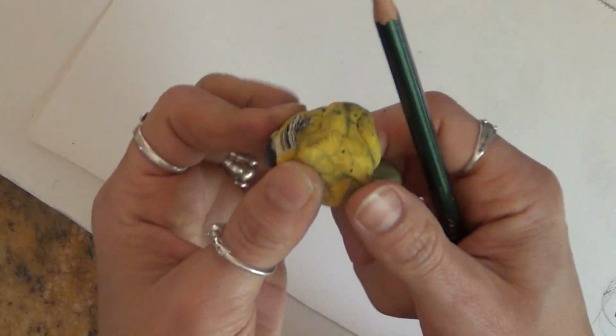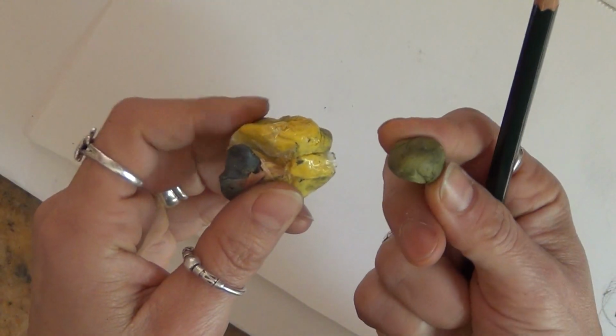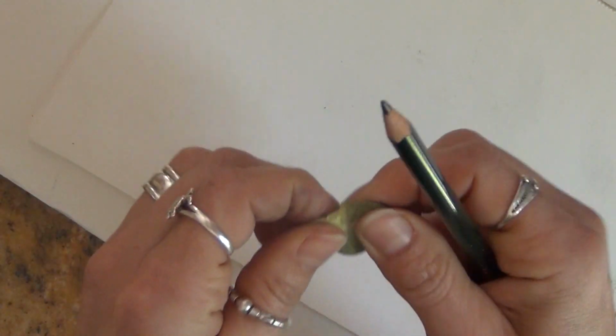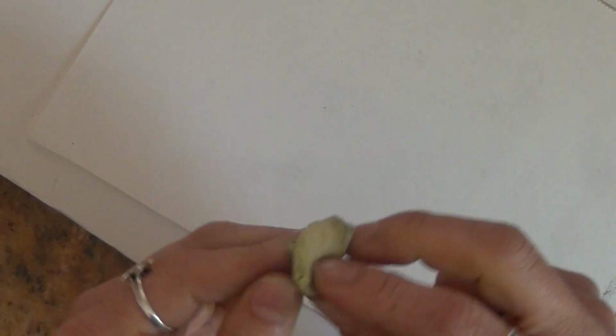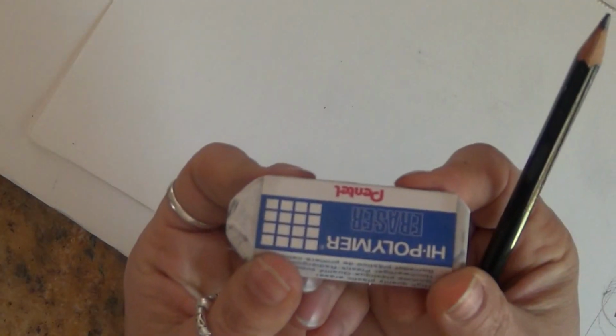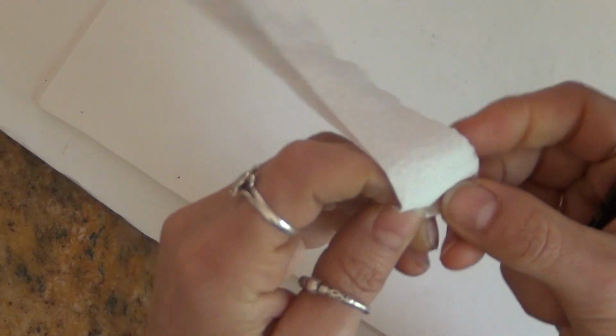Your kneaded eraser. This is all crumbled up, two different ones in one, and this one, that's the part of the yellow one that's a little bit dirtier. These are really great to have for adding light, shading, etc. A regular eraser, and then a little smudge stick, which I don't have, but I can use a piece of this